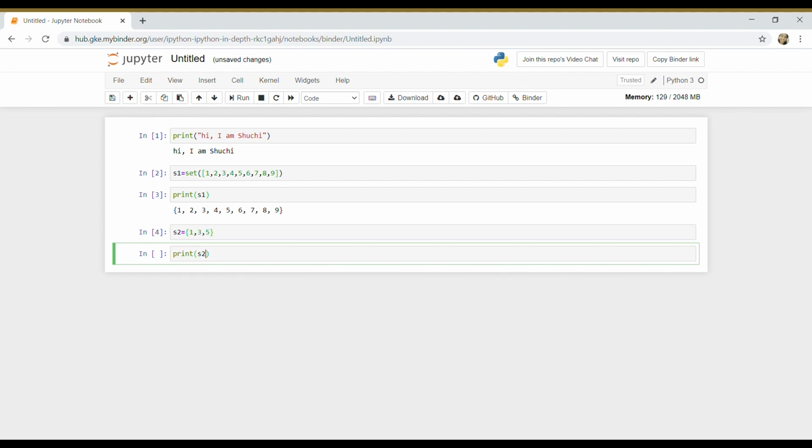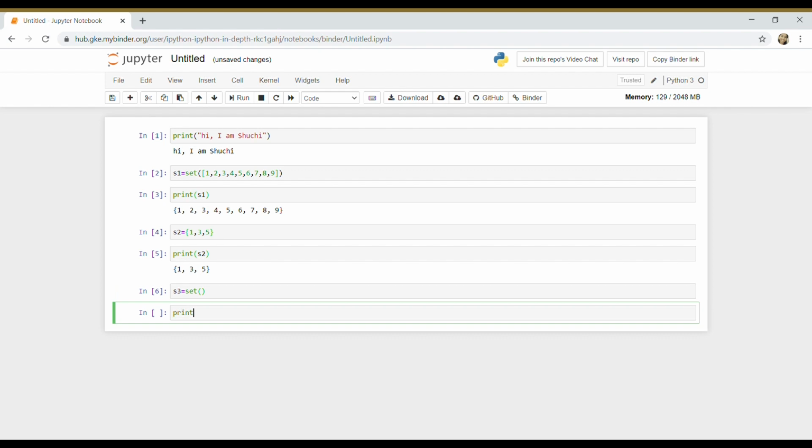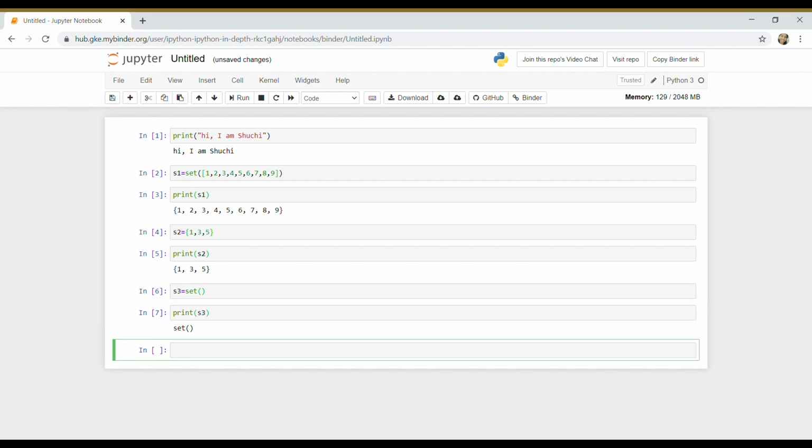Note that the order of the elements does not matter. Keep in mind that if you wish to create an empty set, that is, a set with no values in it, you must use the set function with no arguments. Simply using the curly brackets creates an empty dictionary, not an empty set.